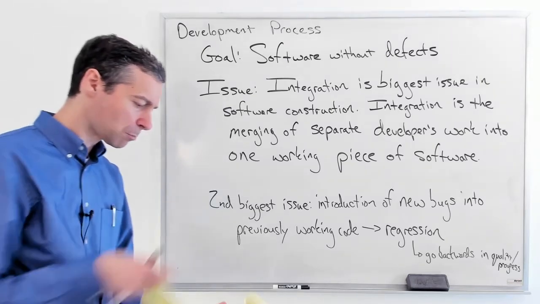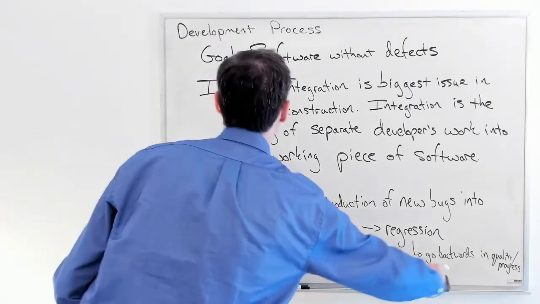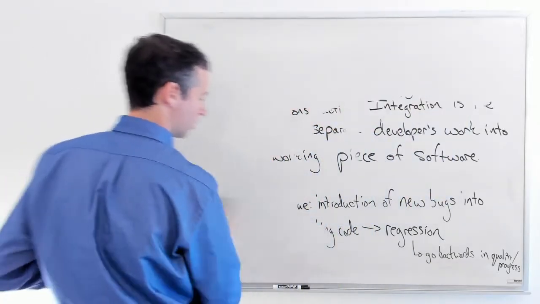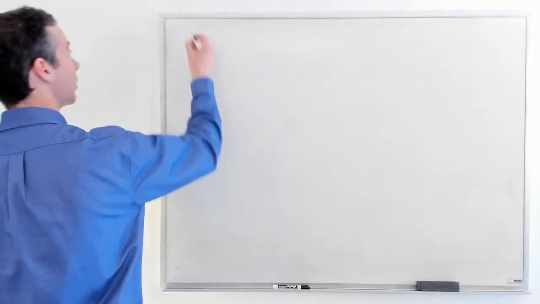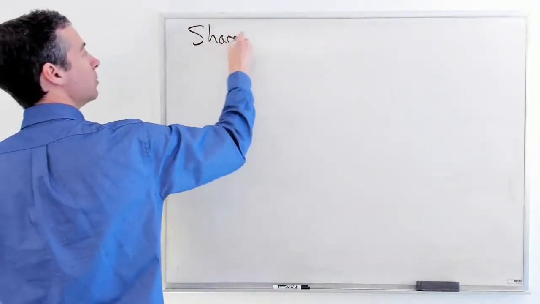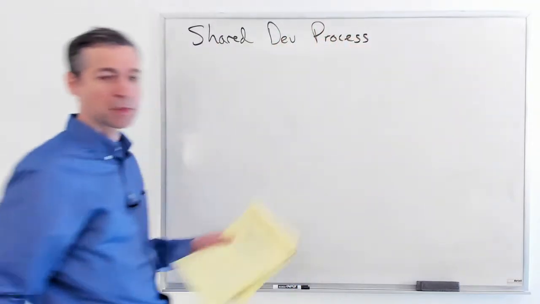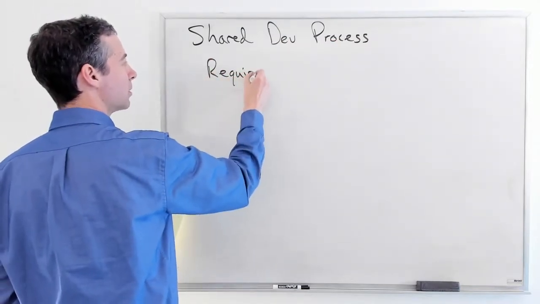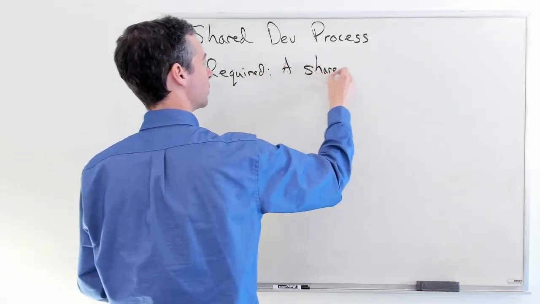All right. So that's what we're going to talk about now, a shared development process. And the biggest thing that we need to make a shared development process work is a shared repository. Okay, so here we are, we're going to do a shared development process, which means the team's working together on this. And absolutely, this is required, that we have to have a shared repository